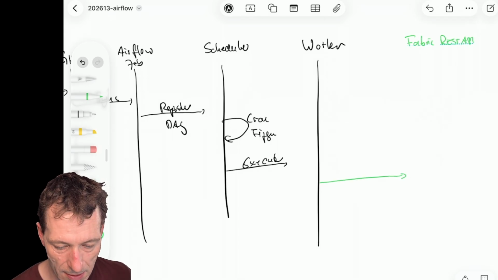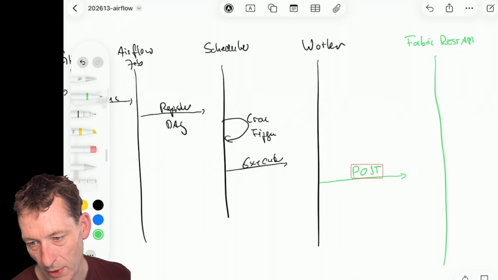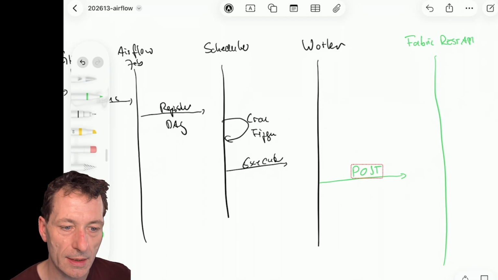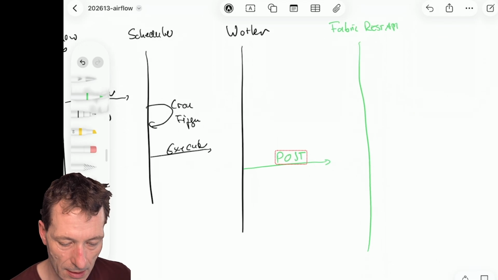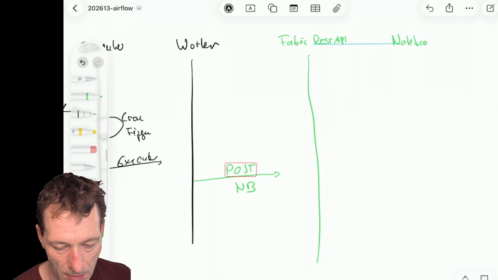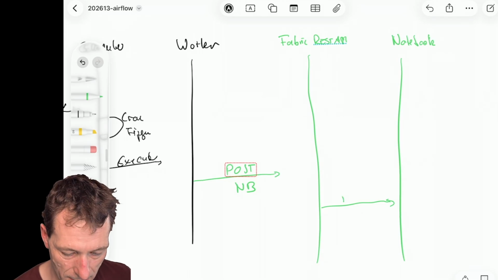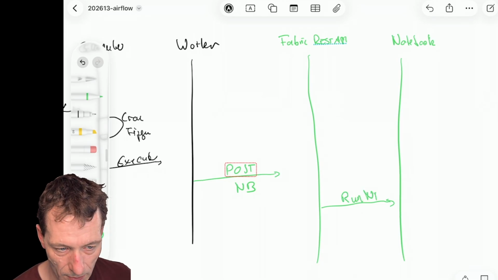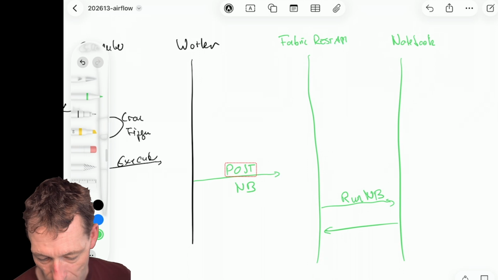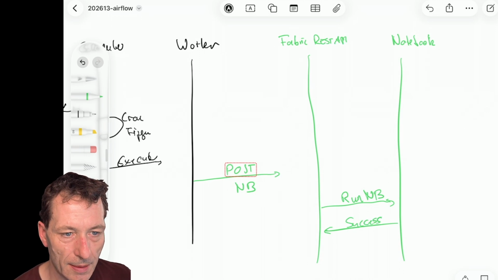So it's then executing stuff via a POST call. Let's, for example, say it executes a notebook against the Fabric REST API. Let's say it runs a notebook. Then the notebook is executed. So we are now at the notebook. This runs a notebook. Run notebook. And the status, hopefully success, is then propagated back to